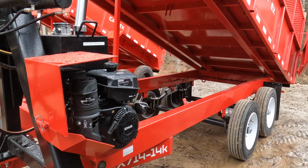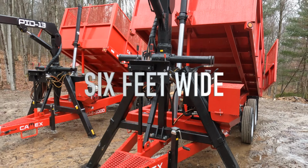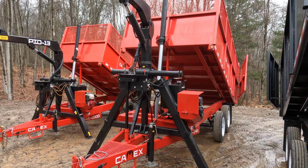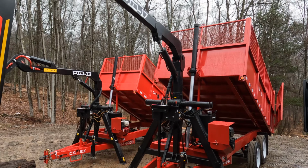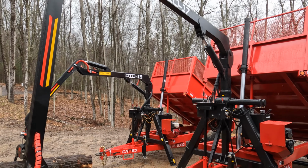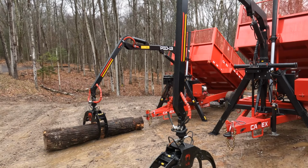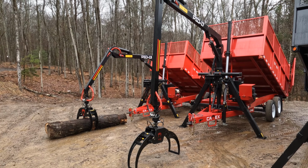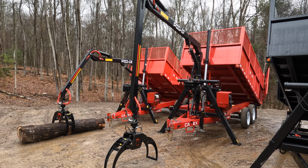So with the, not logo, but decal, so we are 7 feet wide versus the 16 foot wide as the previous one. So 7 feet by 14 inside the dump box, 24 inches worth of steel sides, 24 inches worth of mesh. And then this one we do have outfitted with the PID 17, meaning 17 feet worth of reach on the grapple, and right about where it's sitting here at the half reach point on the loader, that'll pick up like 2,300 pounds at the half reach, and probably somewhere around 1,200 to 1,500 pounds at full reach,